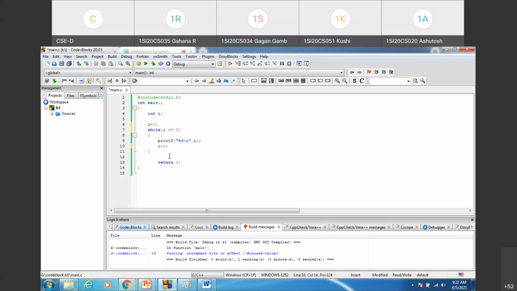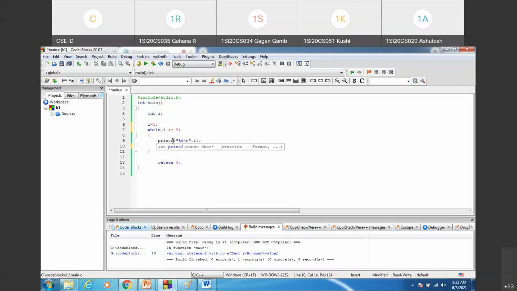And you can see it is the increment loop we have created, where I is initialized to 1, I less than or equal to 5, and it repeats the loop. In each iteration the I value is updated so that at some point the test condition is going to fail, which terminates the loop. So this is how we had written a while loop.